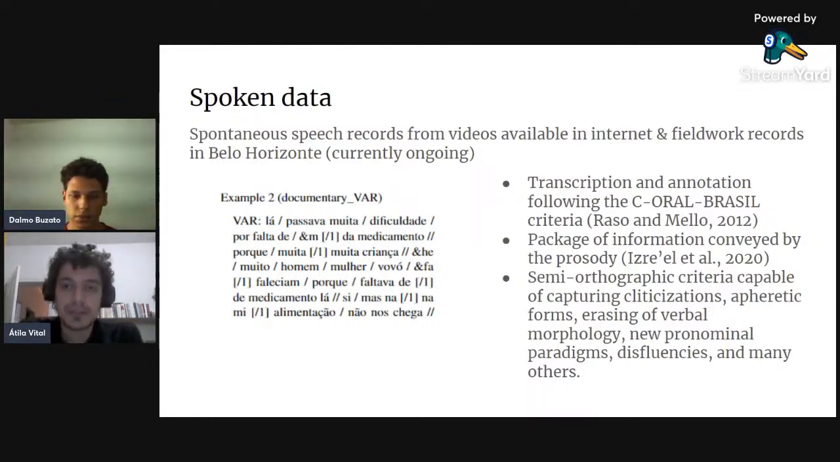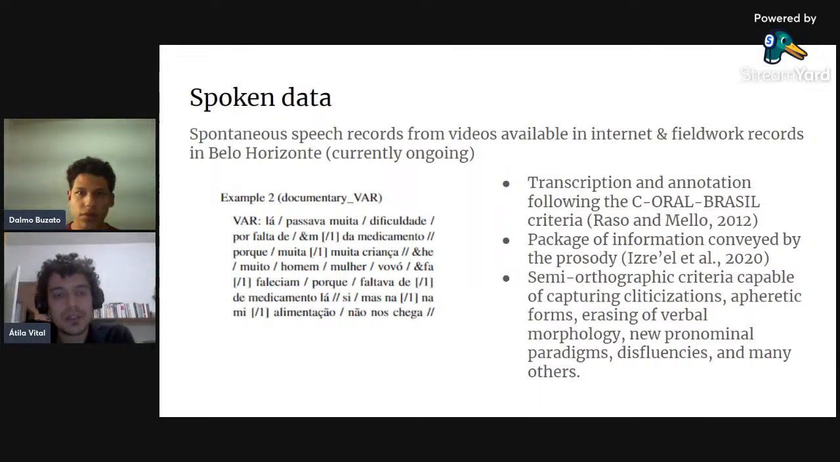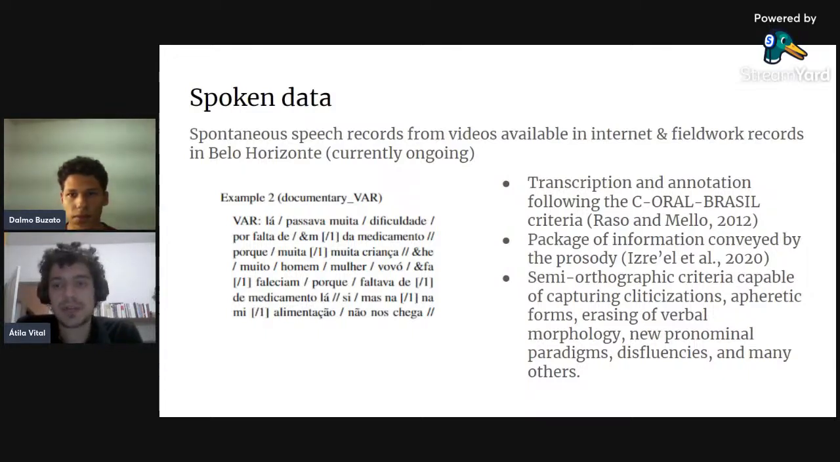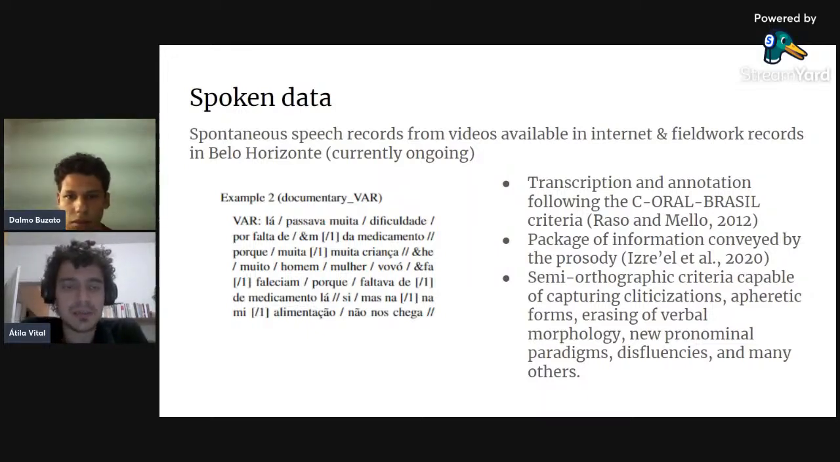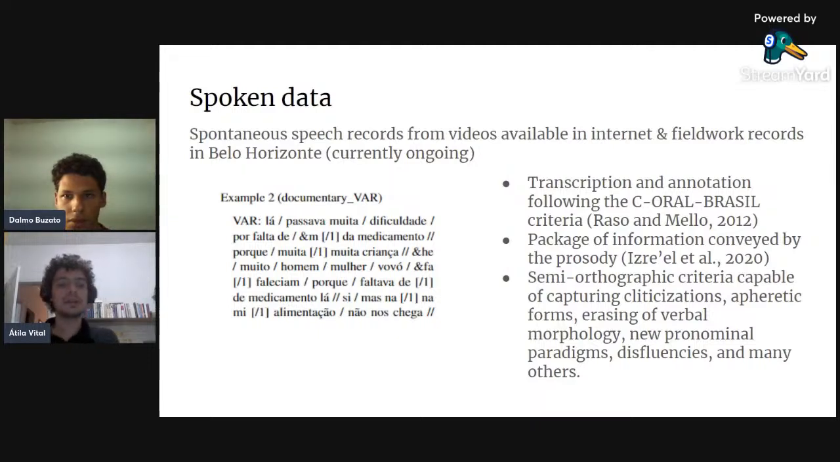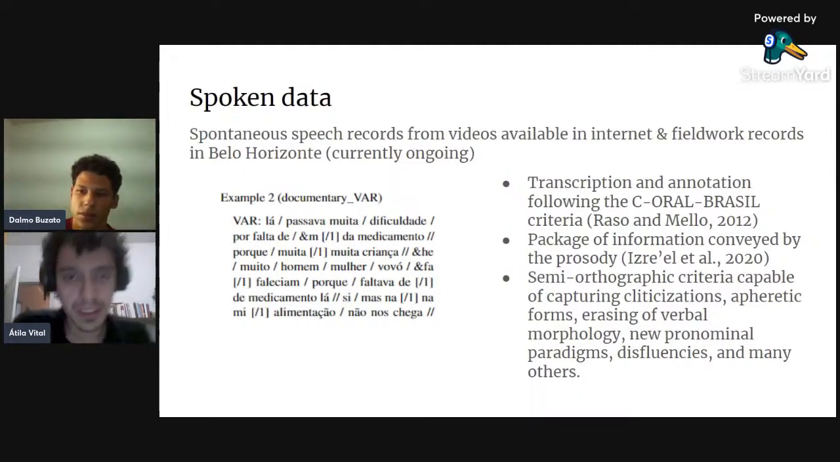The first part of the research, with the YouTube videos and interviews with the Warao population, we were trying to transcribe them using basic criteria of transcription used by the Coral Brasil corpus. That is one of the most important corpora of Brazilian Portuguese, that has some 35 criteria of transcription, and they consider that the spoken language is based on the utterance level,